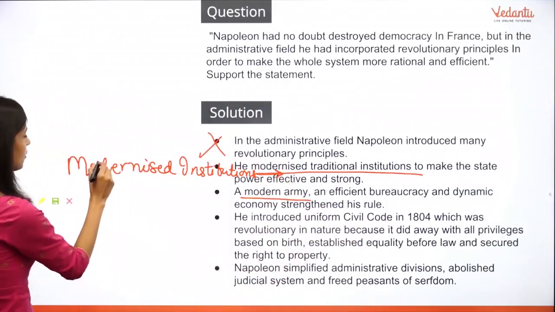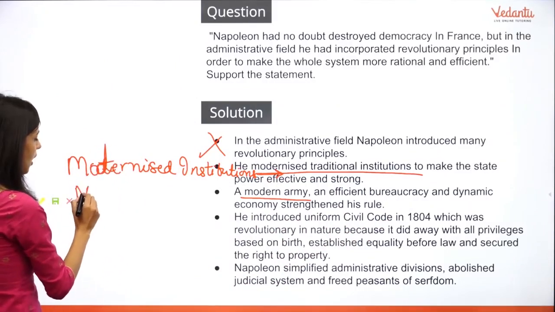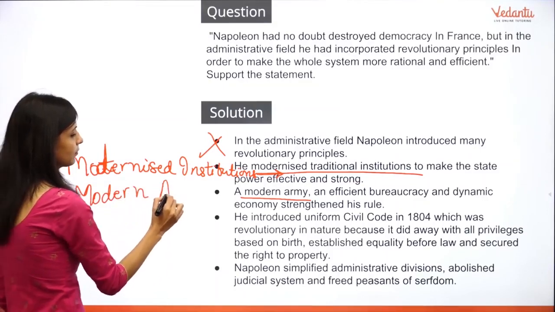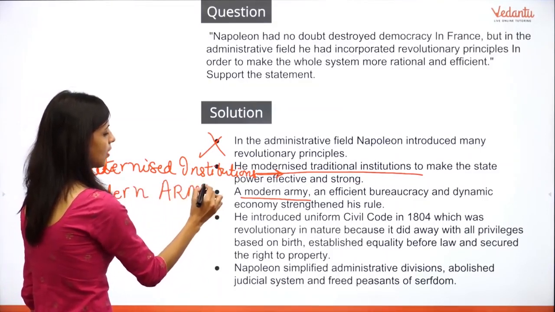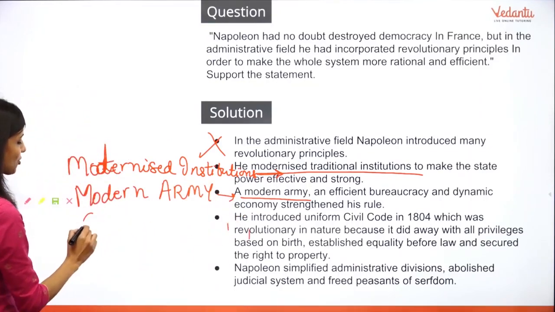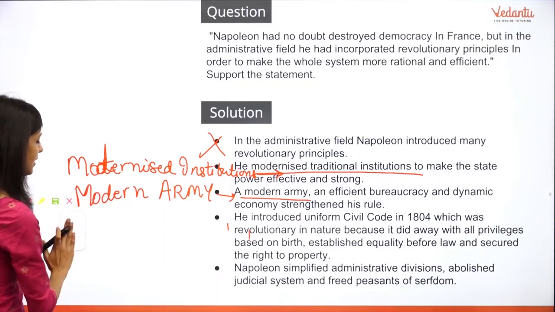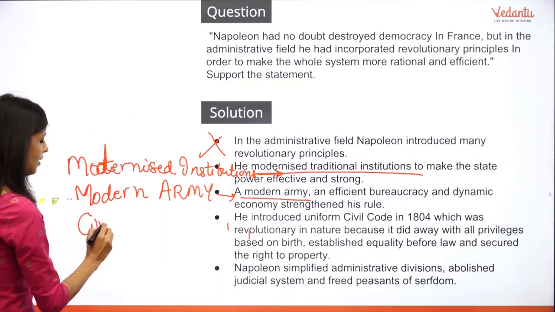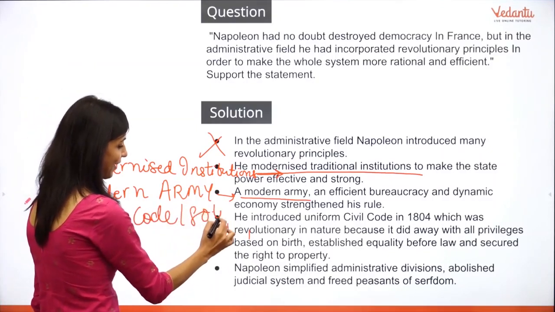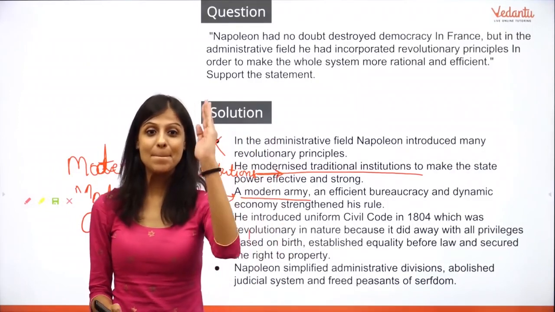Second point you can talk about is modern army. And then you can put your point here. And third that I was talking about is civil code. You can talk about the civil code and then put your point across and write that yes, it talked about